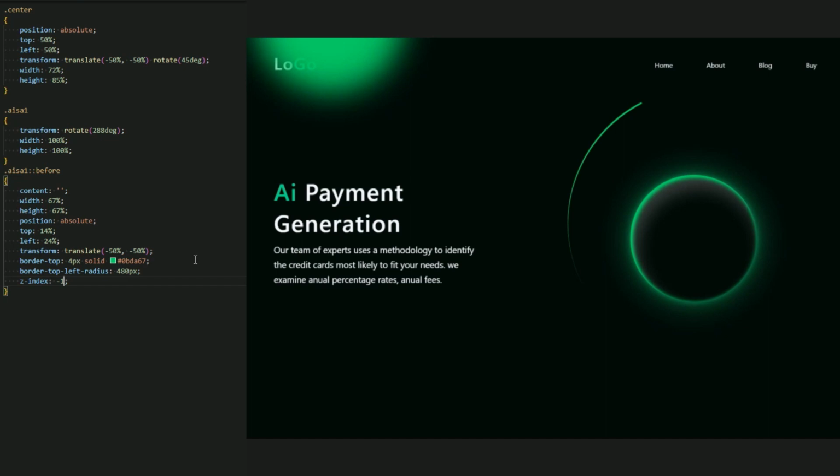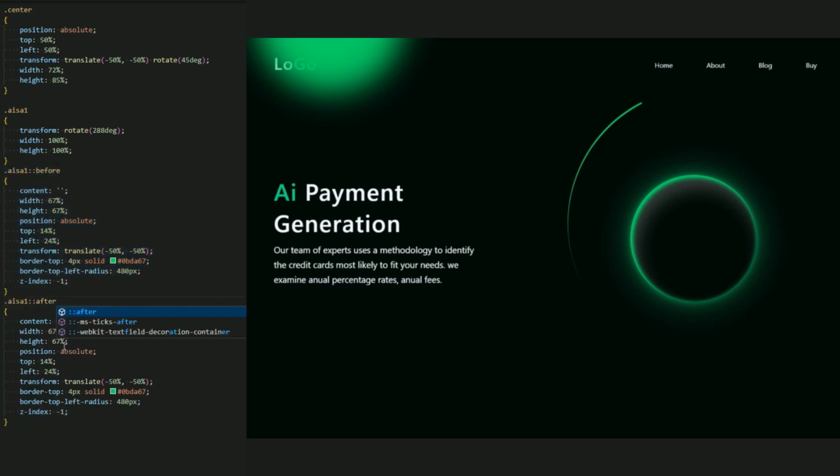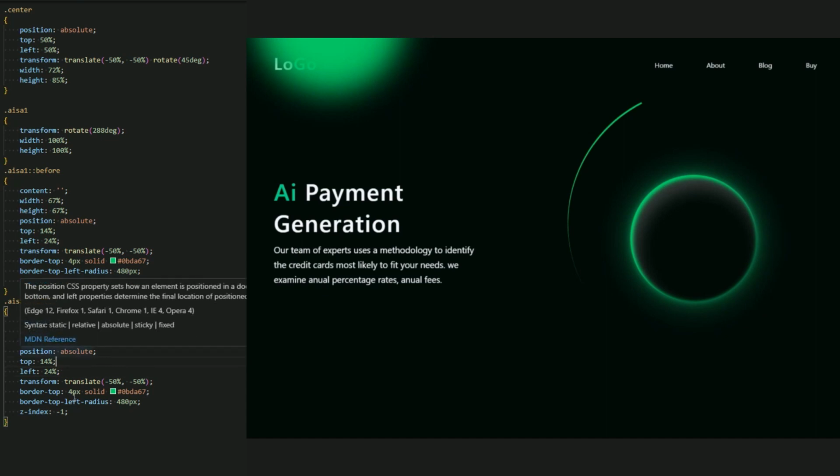As you can see, this is our first before, and let me just copy paste it, name it after the second arrow, and the width and the height, let me just change it to 64% and 72% of this arrow. And let me just change the position of this.